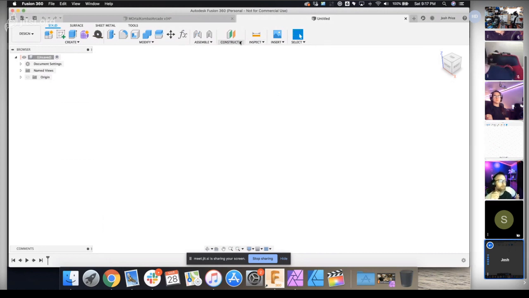So those are some of the toolbars at the top. Does anybody have any questions about these right now? No? Bueno. One other thing before we start doing any drawings or sketches is you follow my cursor down here